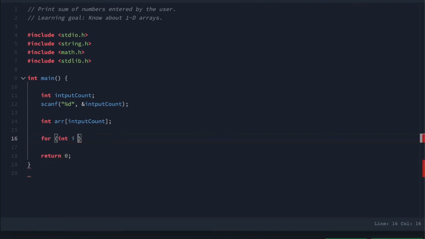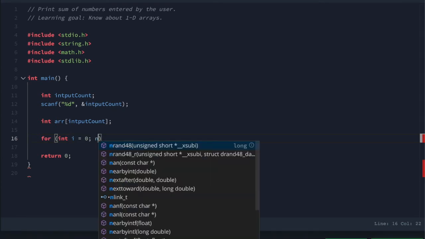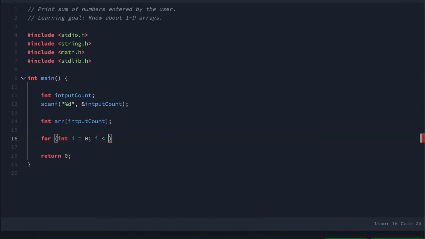We will define a for loop which will start with index 0 and run till input count, with i plus plus. In it we will define an input number.